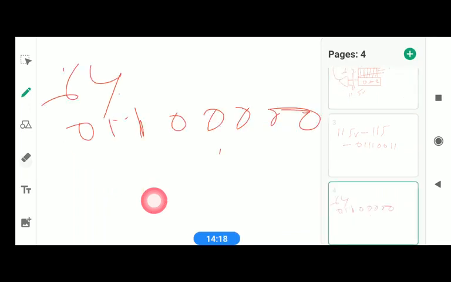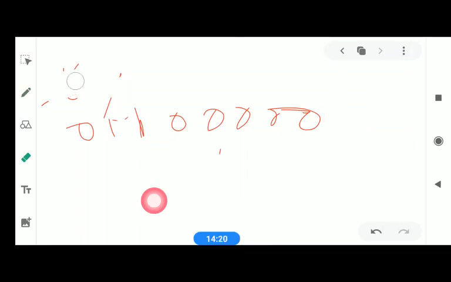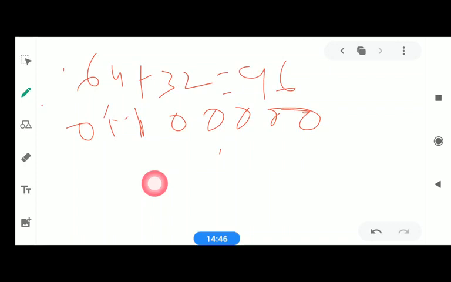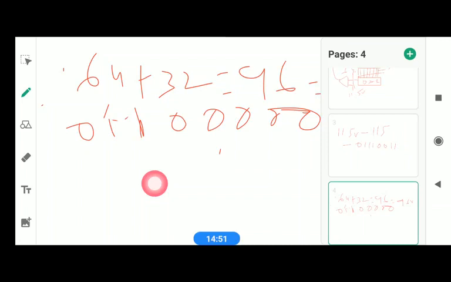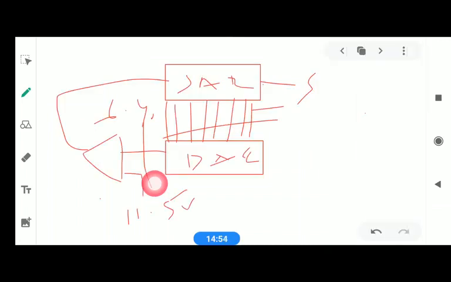So here this value is equivalent to half between 64 and 128. That is, this one gives you 64, this one gives you 64, this one gives you 32. So 64 plus 32 is the value for this. 64 plus 32 is 96, right? So 96 gives you 9.6 volt at the DAC output. This 9.6 volt again is lesser than 11.5.